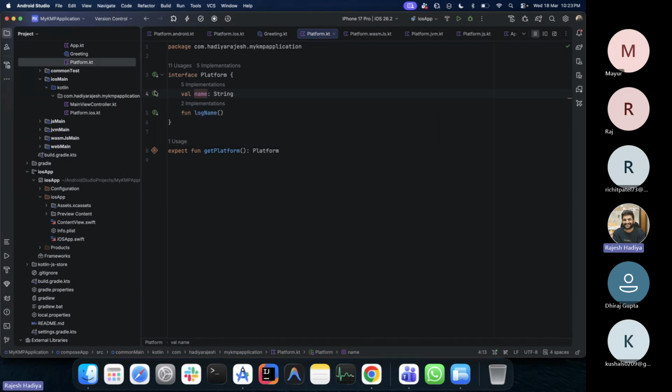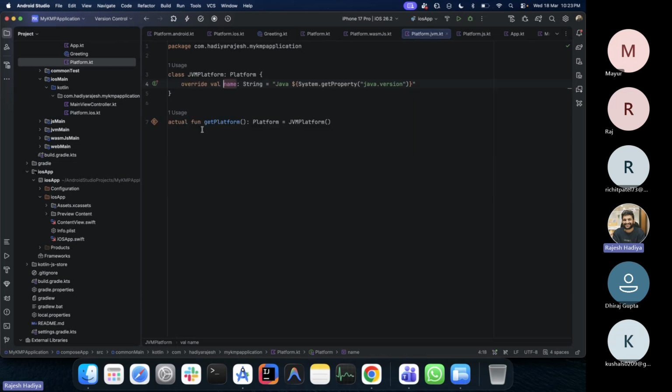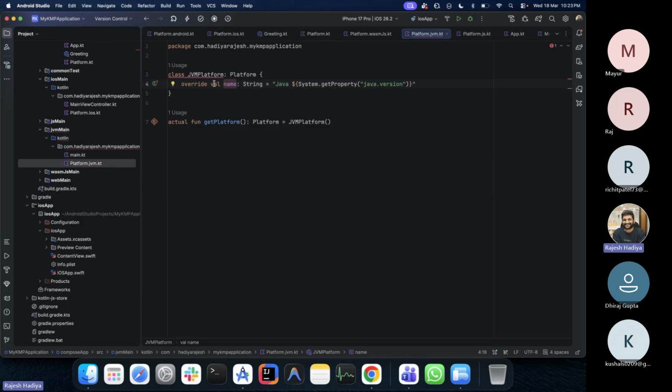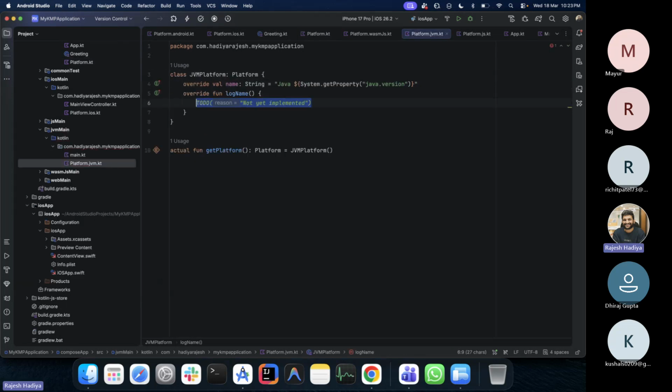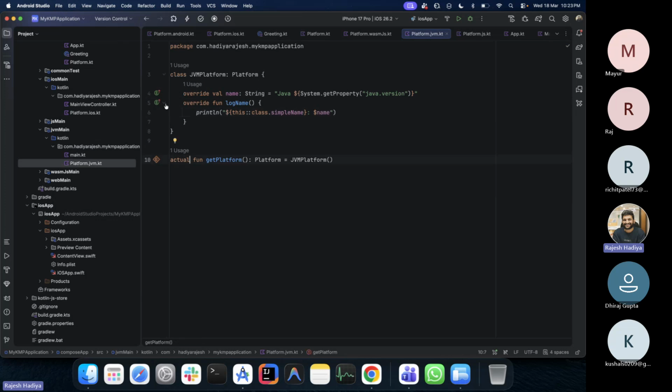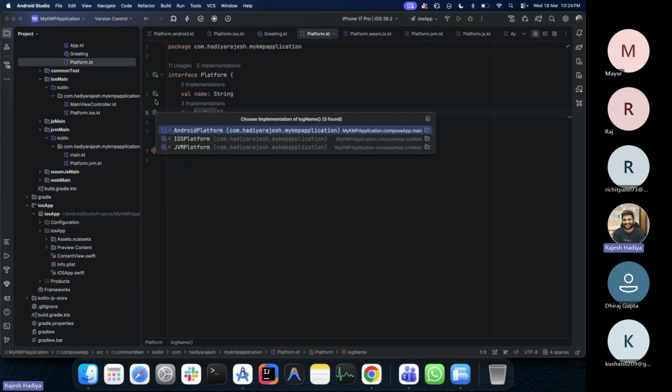Now let's see about other things, like कहाँ implementation बचा है इसका interface का. तो एक तो हाँ JVM पे बचा है. JVM पे I can simply print the variable name again. I can just simply do the println. मतलब ये तो JVM है, तो I can simply use a println, right? And then what remains is